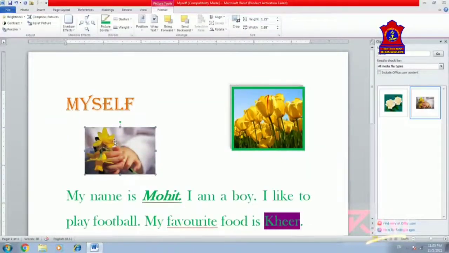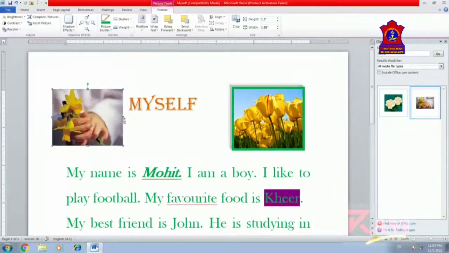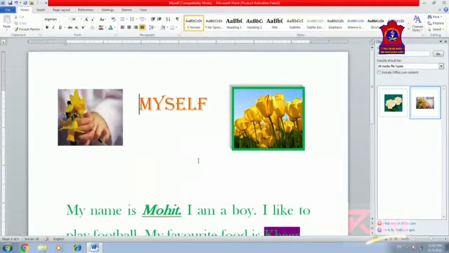And you can bring it here. You can make both the pictures with the same length and breadth so that it will look more beautiful. So this is the way you can insert clip art as well to your document.